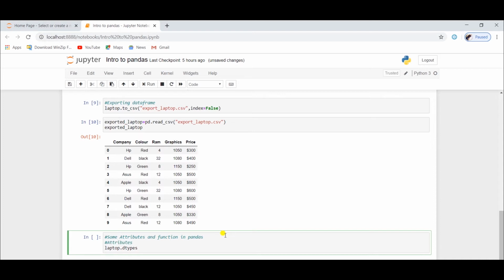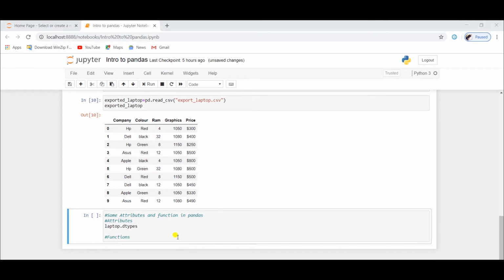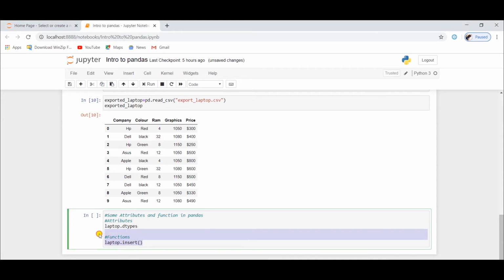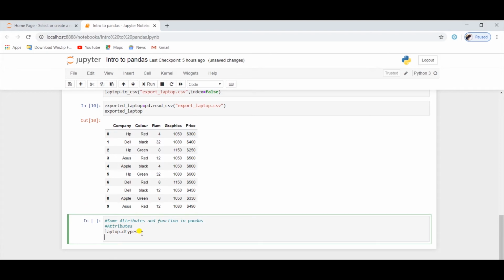Functions are those which contain a bracket, like laptop.insert. So we have to apply brackets after insert. So this is a function and laptop.dtype is an attribute. Let's remove the function for right now and talk about attributes.